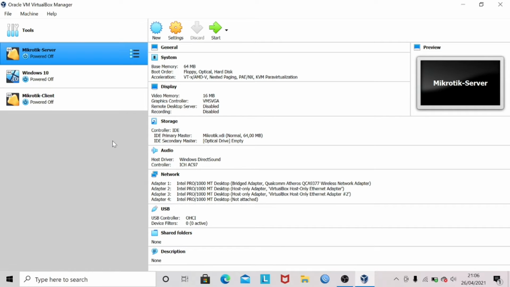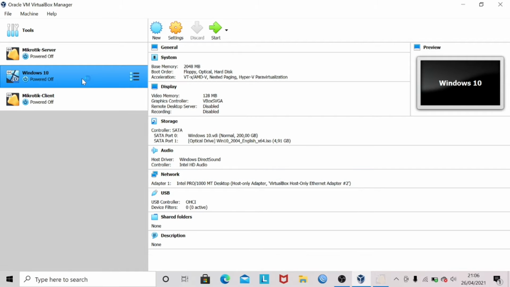If you have set up the server and Windows client, then open the MikroTik server and Windows client.